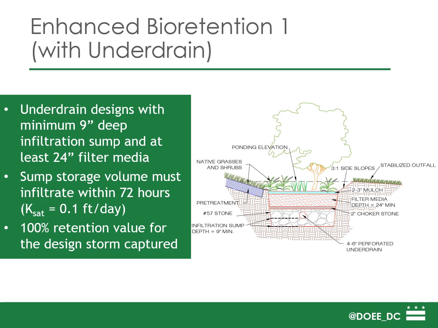Now, the second variation is the enhanced bioretention with an underdrain. So in this case, there is still an underdrain, but then there's an infiltration sump below the underdrain. So on the top, you basically have the standard bioretention design, and then at the bottom, you have this additional infiltration sump. So the underdrain designs have to have a minimum of 9-inch deep infiltration sump and at least 24